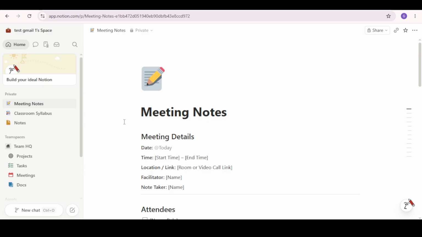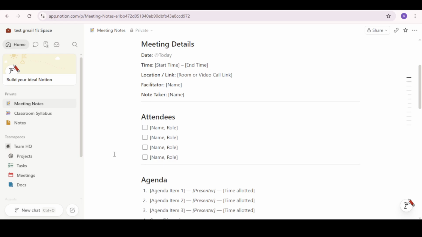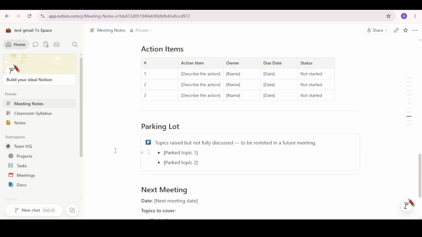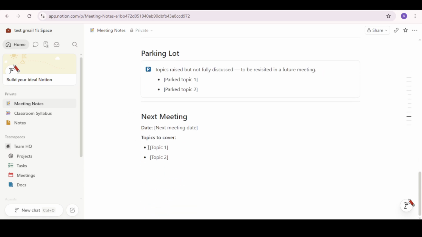Firstly, establish a meeting title property. This field is where you can input the name of each meeting, helping you quickly identify the session at a glance. Next, set up a date property. This will hold the date and time of the meeting, ensuring you have a record of when each discussion took place. Another key property is attendees,